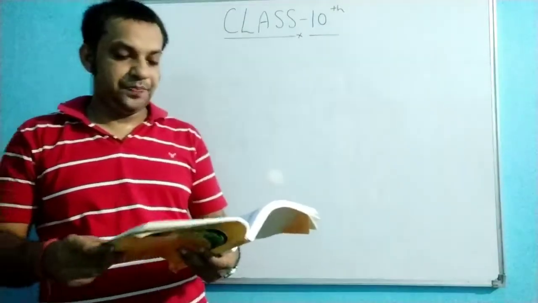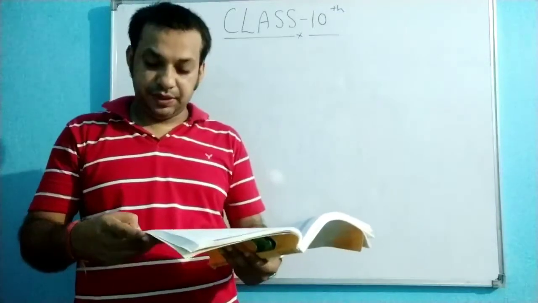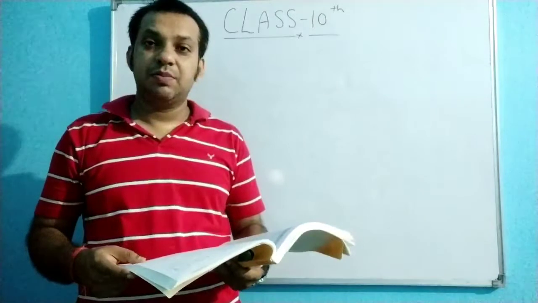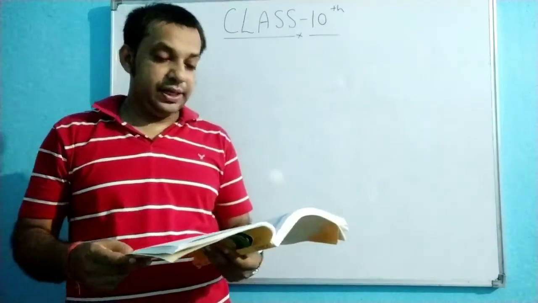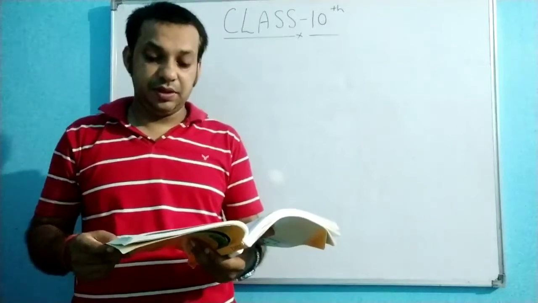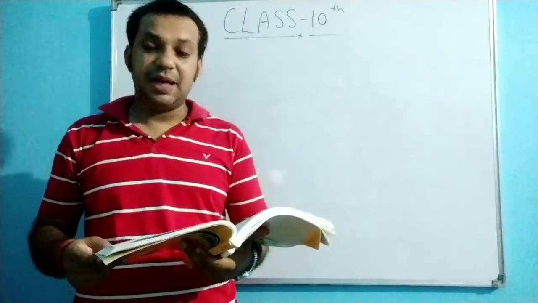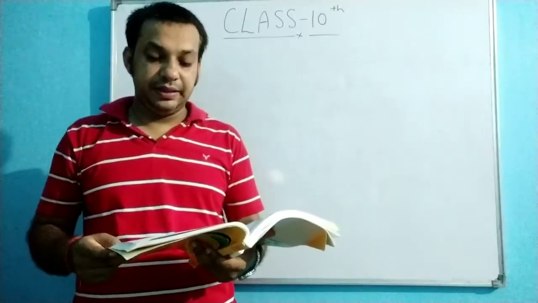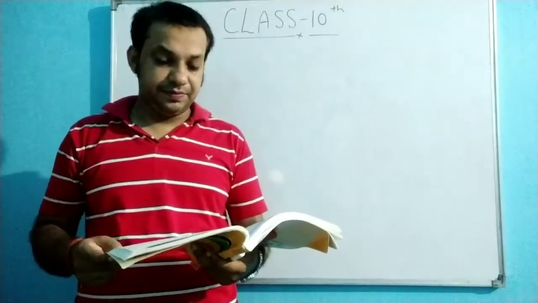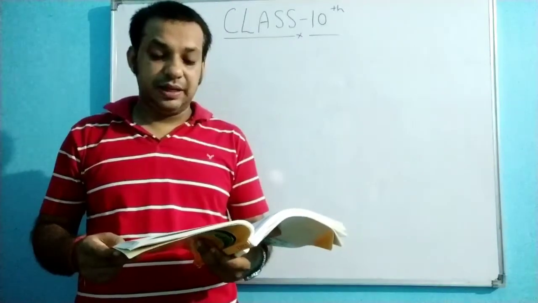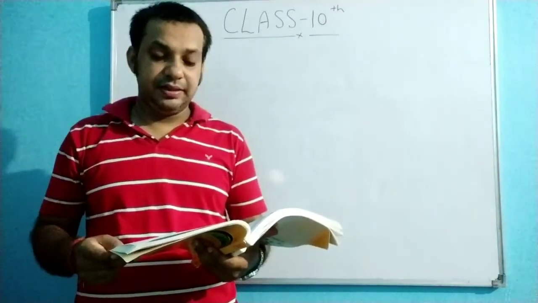On page number 217, chapter number 12, example number 12.10. An electric iron consumes energy at a rate of 840 watt when heating is at the maximum rate, and 360 watt when the heating is at the minimum. The voltage is 220 volt. What are the current and the resistance in each case?